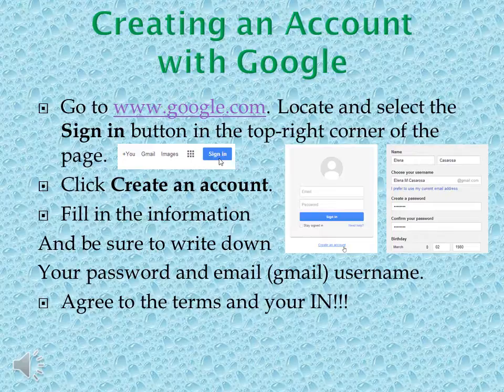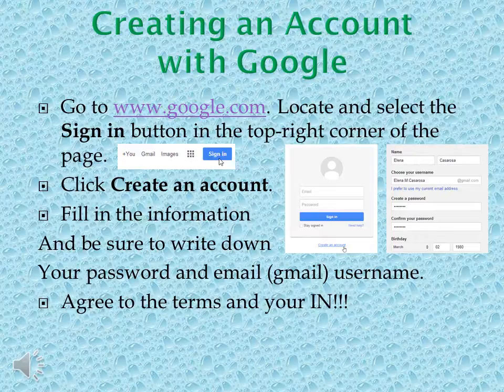If you have a Gmail address, you already have a Google account, so you won't need to create an account. You can simply sign in to Drive using your Gmail information. If you don't have a Gmail account, then here are the steps you're going to take to get yourself a Gmail account. This way, you're able to use Drive to the fullest and actually use it at all.